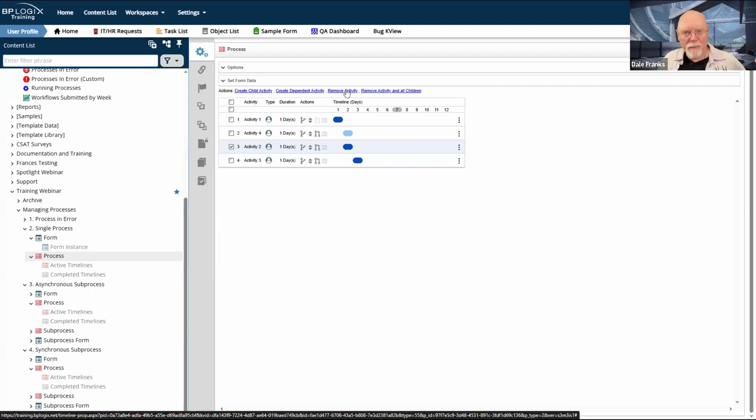Again, two choices. One, I'm just going to throw all of your running activities into an error state. You're the process manager. You're going to have to open up all of those timeline instances, and you're going to have to go in and either cancel those activities, while you can't restart them. They don't exist anymore because I've made a change to the process timeline. That change in the definition happens instantly. It is now going to be reflected in all future timeline instances that get started. Forms work the same way.